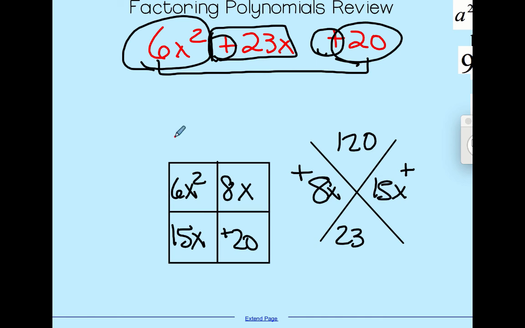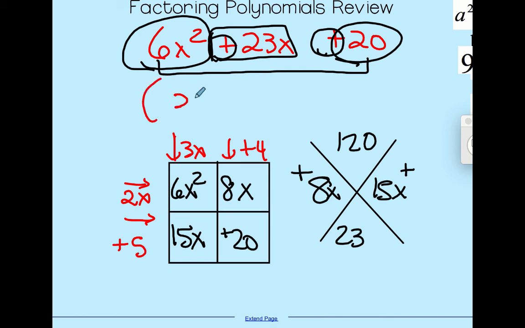So we're going to go column, column, row, row. 6x squared and 15x share a 3 and an x. 8 and 20 share a positive 4, but not an x. 6x squared and 8x share a 2 and an x. 15x and 20 share a positive 5, but not an x. So this factors to 3x plus 4 times 2x plus